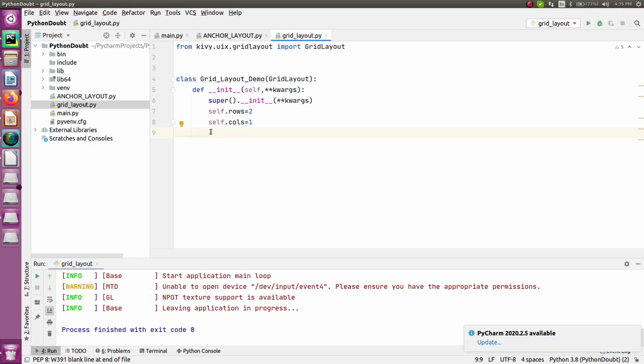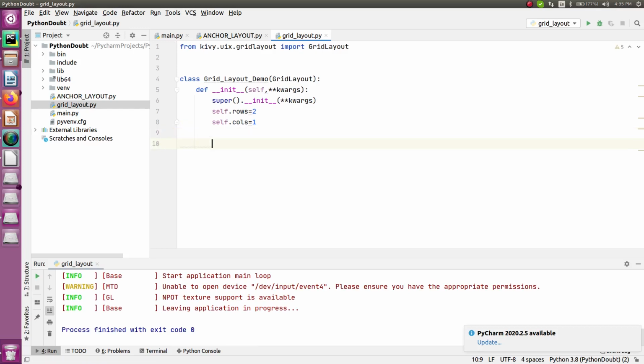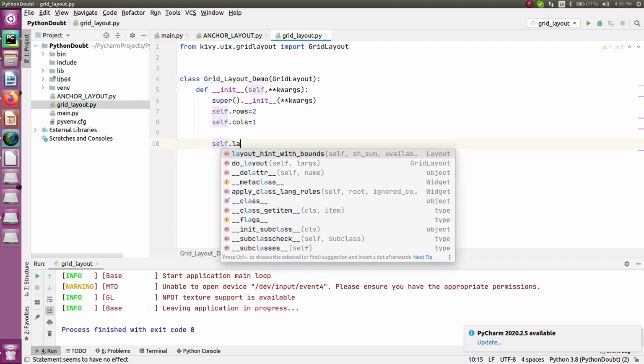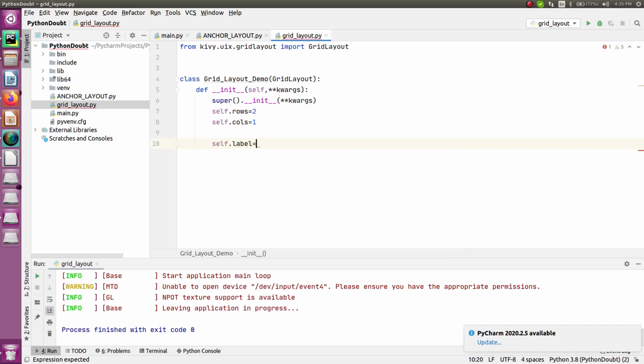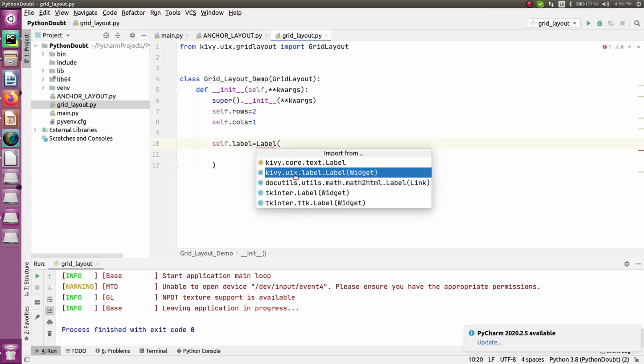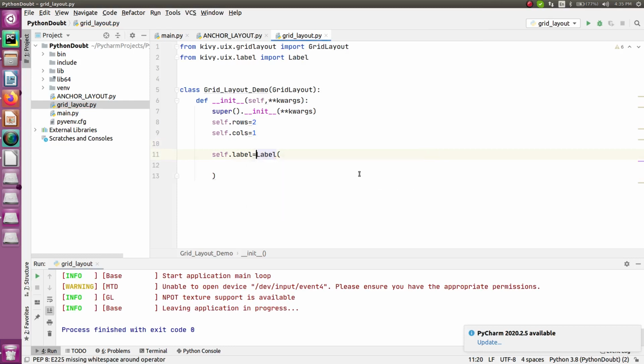The next thing is to add the widgets. The first widget will be, let's say, the label, right? So for that you have to specify it like this. Just give it some name. Let's say I'm assigning the name label, and in here just call it, and you know how to call it, right? So you will be getting it from here: from kivy.uix.label import Label. So this is how I have imported that, and just assign a text for it. Let's say, "please press button." All right, so this is what I have done.